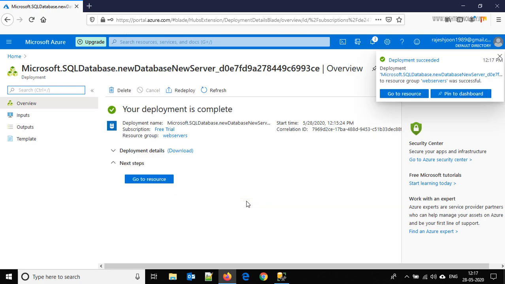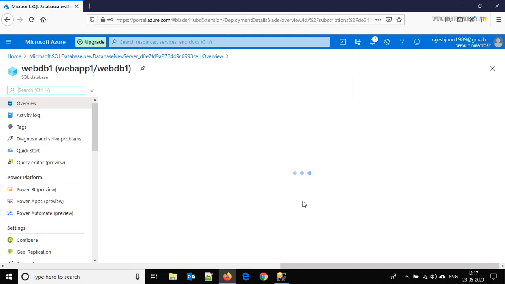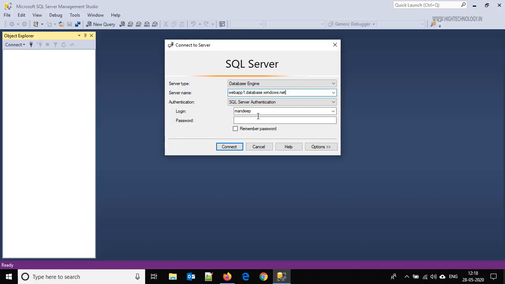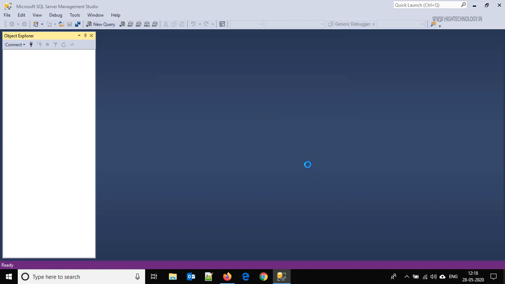Okay, so our deployment is complete. Go to the resource, and this is the server name, so just copy it. Okay, so we are connected